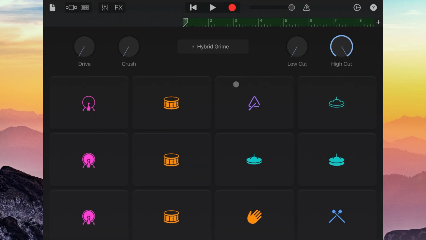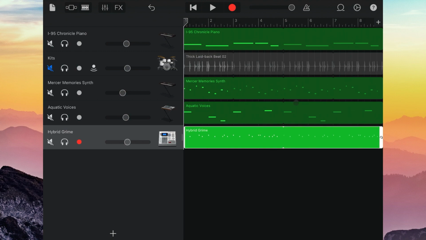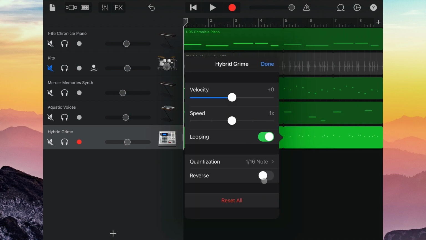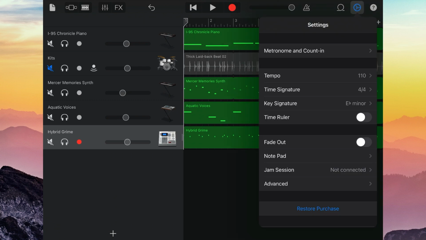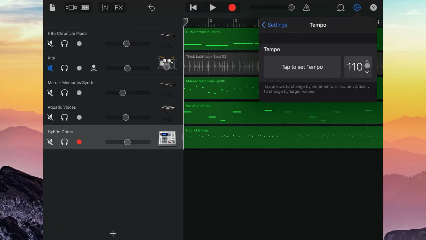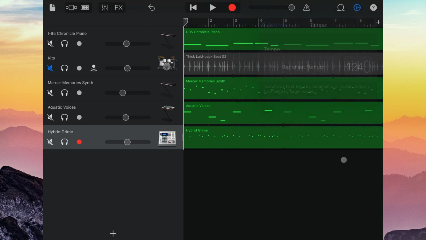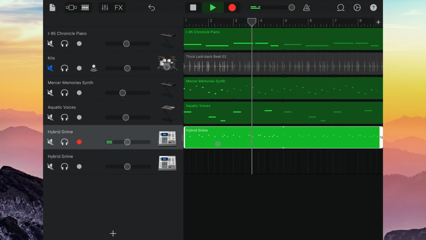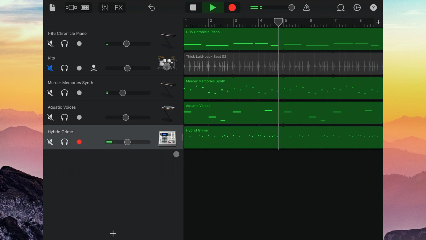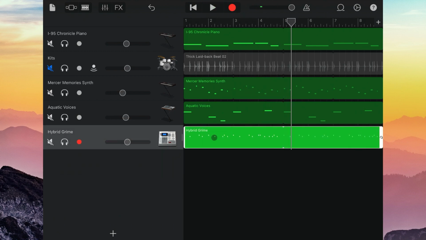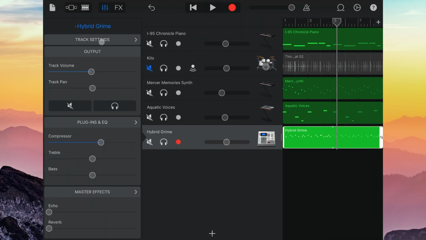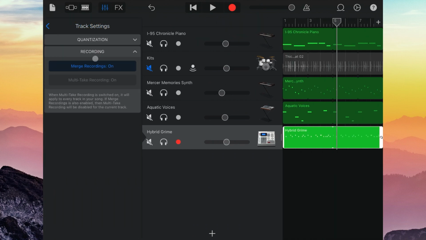All right, so that's our little pattern. I'm just going to click the settings. Okay, it's quantized already. Let's choose the tempo now, and let's see if it sounds better sped up. Okay, that drum pattern's not going to work, but now we have track settings recording